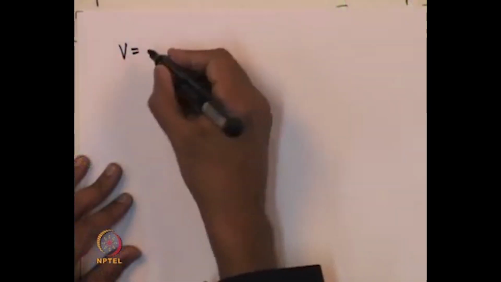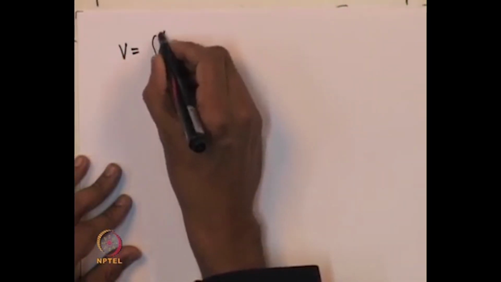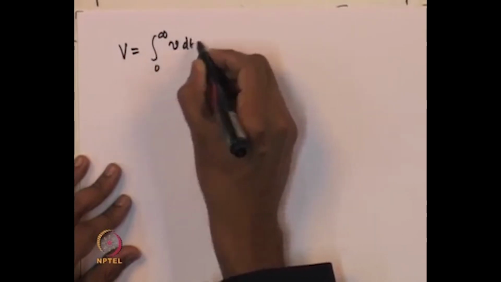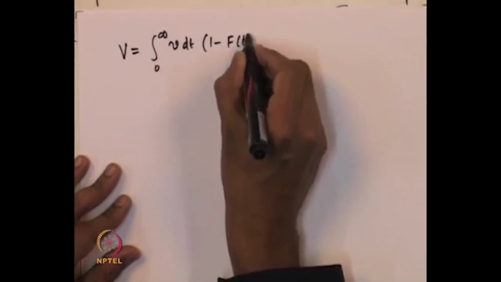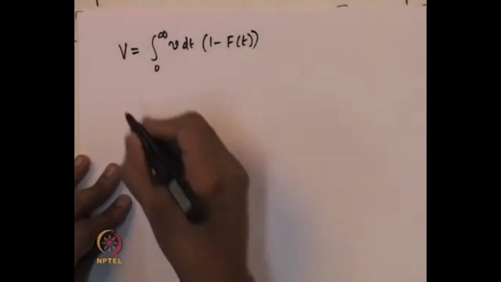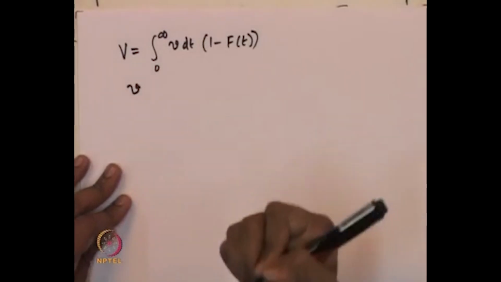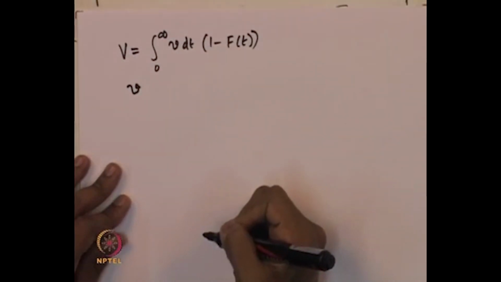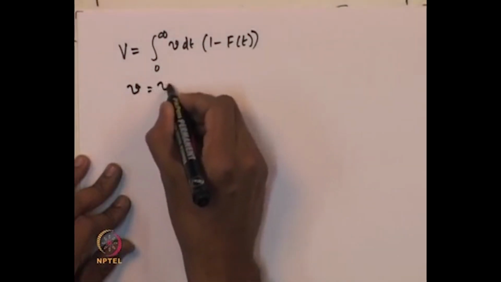So, now if we sum this over all the molecules of A, then that will tell us what is the net volume of the species which is actually leaving the reactor. So, if we sum over all A molecules, the total volume that is leaving is given by integral 0 to infinity V dt into 1 minus f of t. So, from here we assume that the volumetric flow rate with which the fluid stream leaves the reactor remains constant,